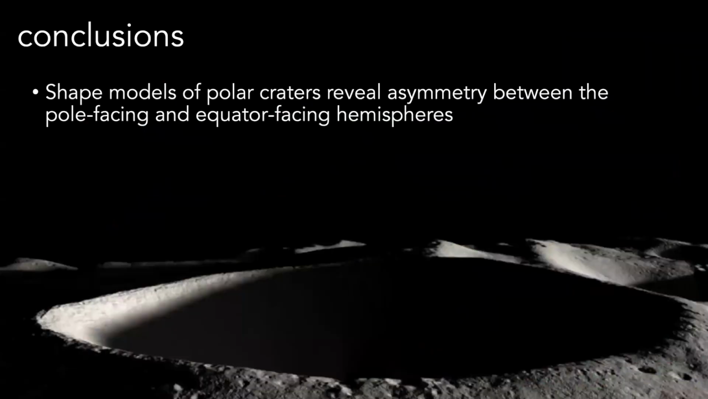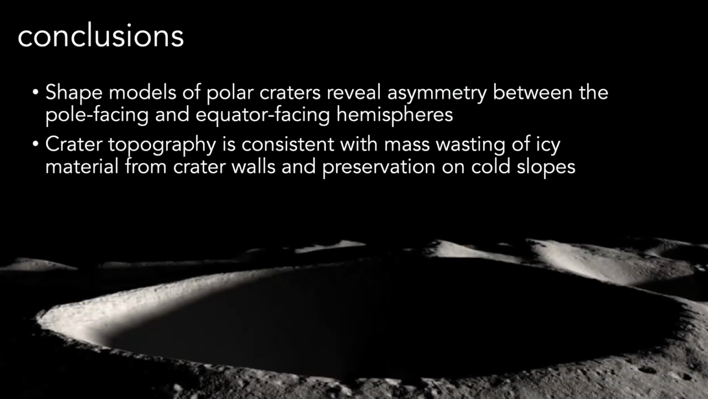So in conclusion, these recently produced shape models seem to reveal an asymmetry between pole-facing and equator-facing hemispheres of these permanently shadowed craters. And we're interpreting this as being consistent with there being mass wasting and preservation of icy material on the cold pole-facing slopes of these craters. And the fact that we see this in all 9 of the craters that we have shape models for suggests that the presence of bright material on the surface is not necessarily telling you anything about whether there are cold-trapped